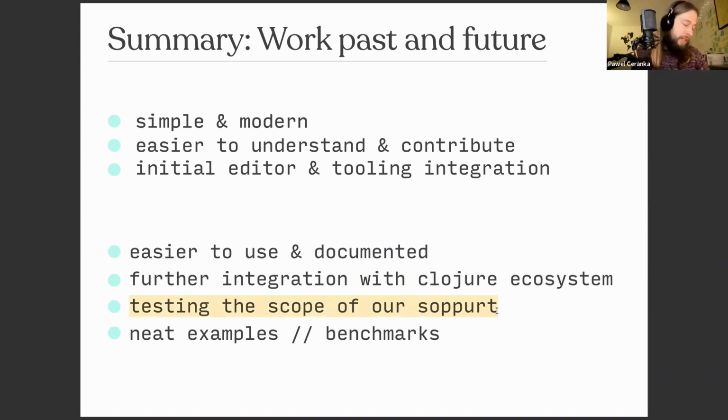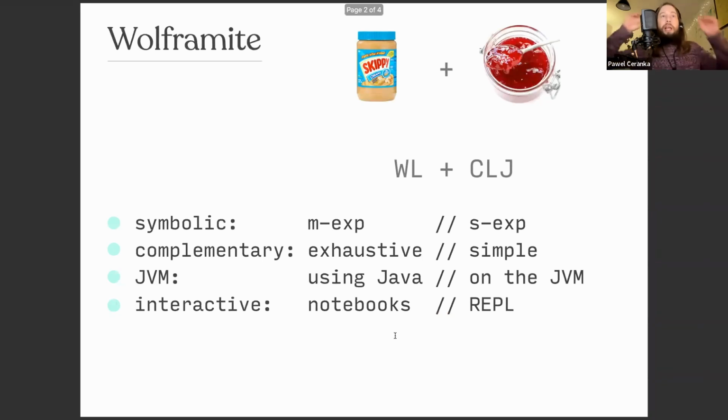We have some good contact with Wolfram people, so we might get some notebooks for testing, so we can translate that into Clojure and see what breaks and what is actually supported. Some more neat examples and things to play around with. Interesting to see how we can integrate it in real world stuff and see where this is actually useful and performant, and so on.